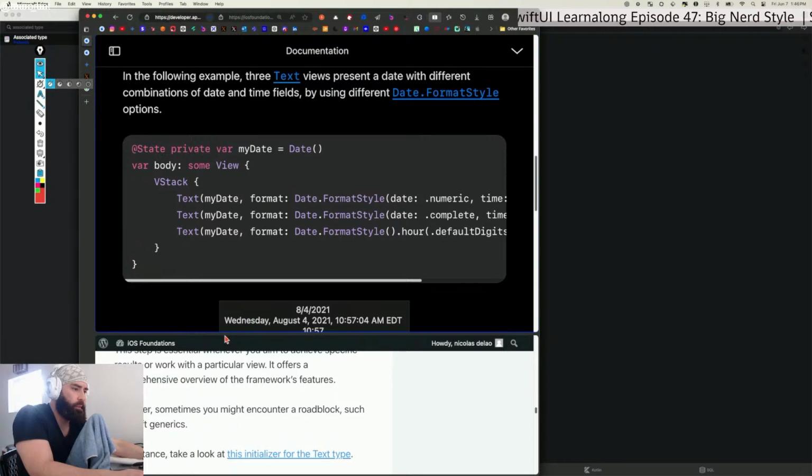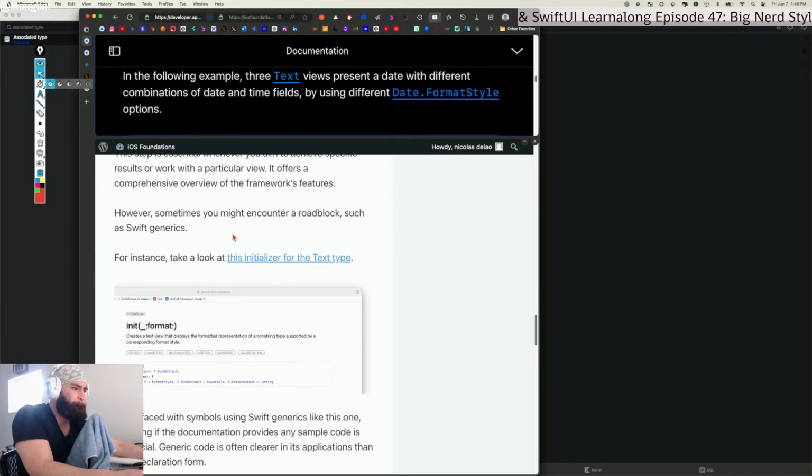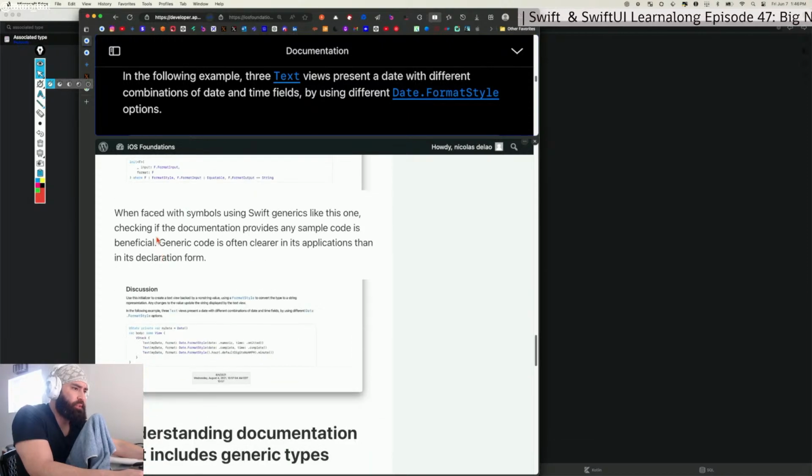Okay, so now back to the course. Take a look at this initializer. Okay, we dug through that. When faced with symbols using Swift generics, hold on, I gotta